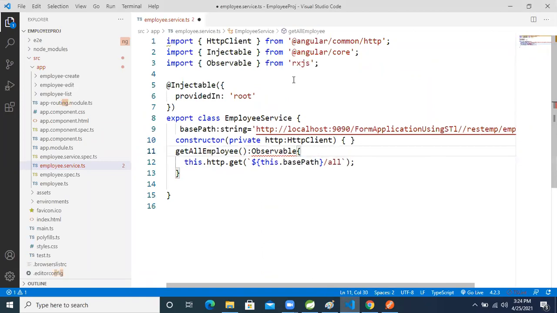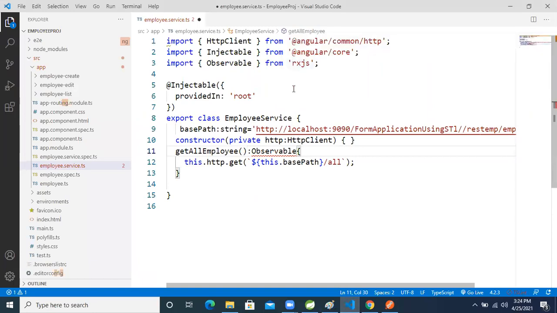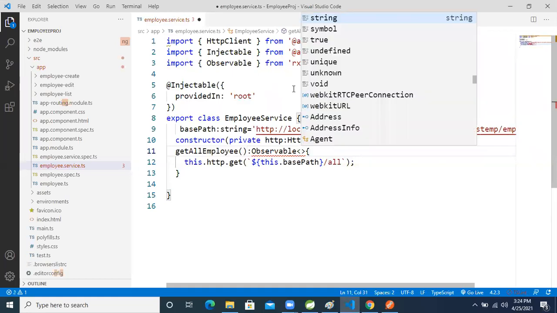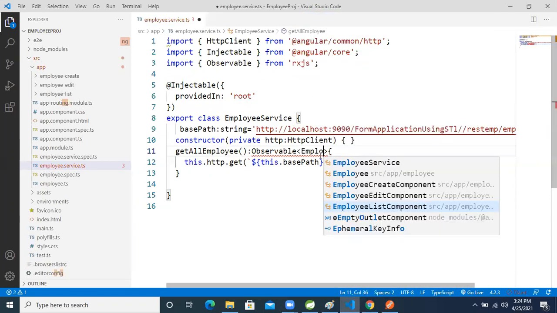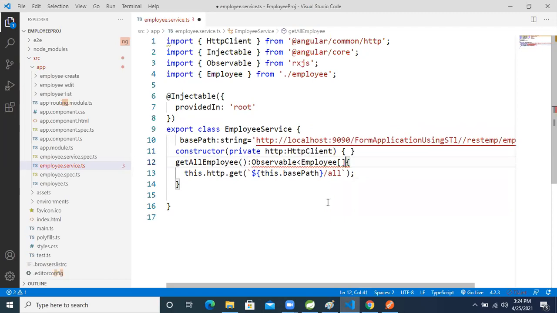Observable is there in the RxJS package, guys. Inside that, it will return Employee, a collection, meaning a list of data. So we will take Employee array as the generic type.